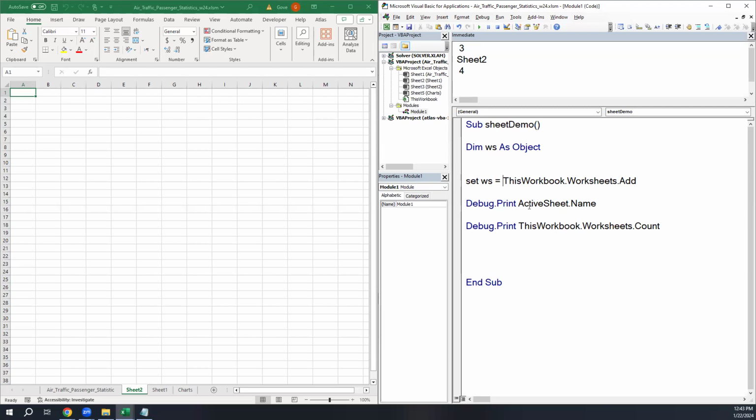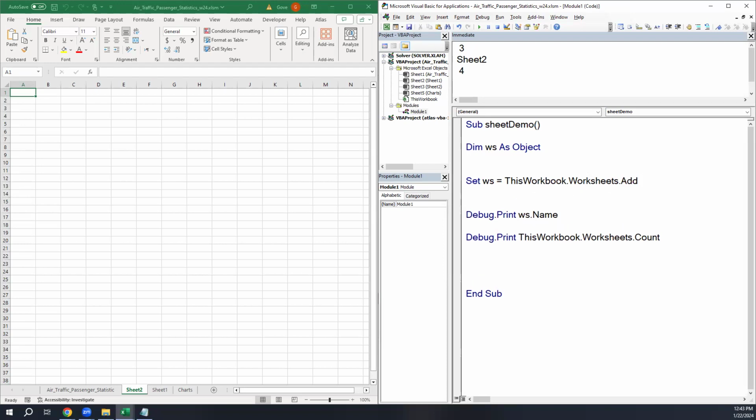So now I could print active sheet name because it will be the active sheet. But let me print ws.name because this is a reference to the object that's created by the add method of the worksheets. Even if I was to activate some other sheet before that newly created sheet, so it won't be the active sheet anymore, I should still be able to get to that name. Let me just activate another sheet. So in this workbook,